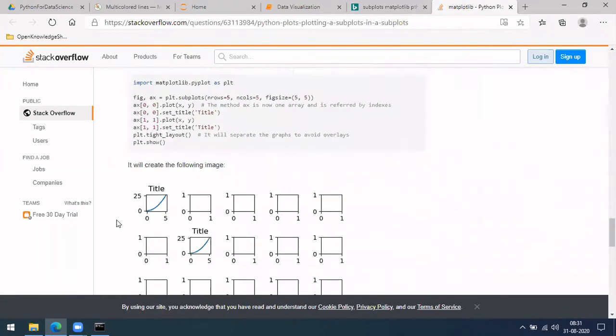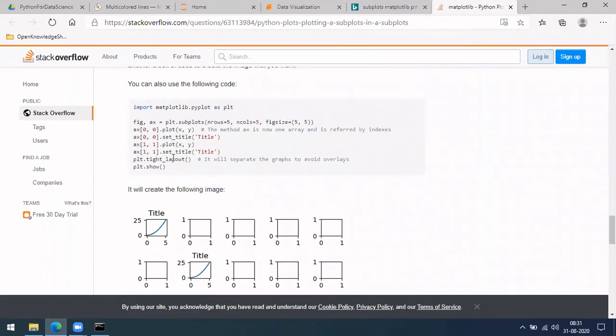This looks like a very simple example. Yes, we have done the same thing, right? This is a very good, very simple example to see. If you see, he has plotted 0 0 here, and similarly 1 1 here. And then plot type layout.